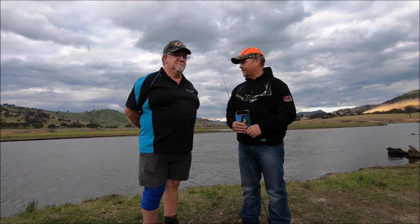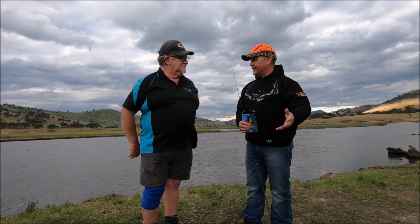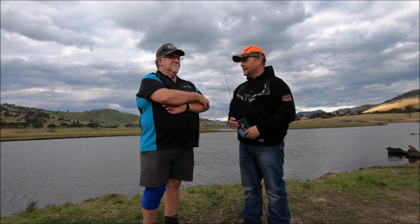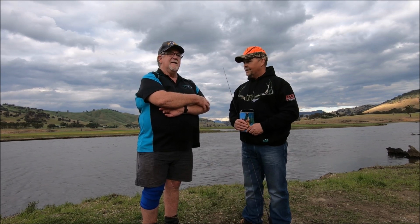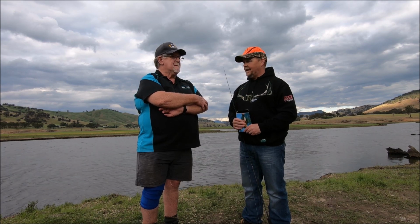So for whatever reason, the fish... 15 years ago when we first started fishing together, Roscoe, you could troll Tassies to your heart's content on the surface and pick up a good feed of fish and bring them home. That is less and less likely to be the case now. It is now, yeah. You will still get the odd fish on the surface using Tassies in amongst the trees,